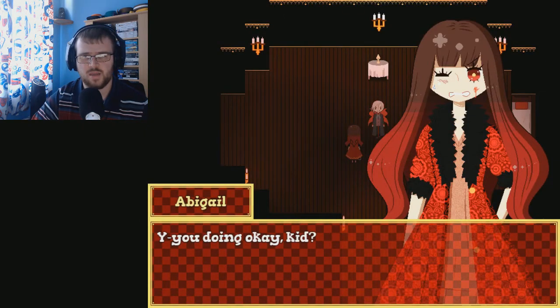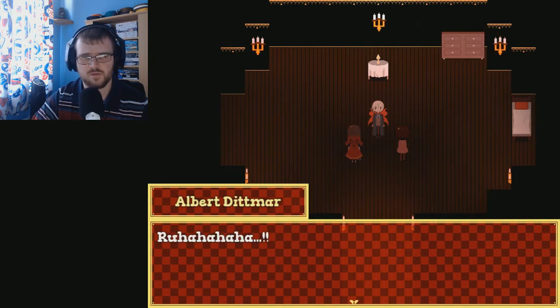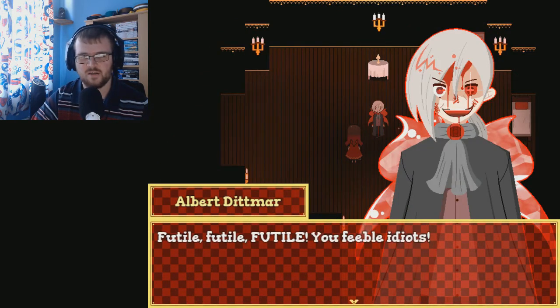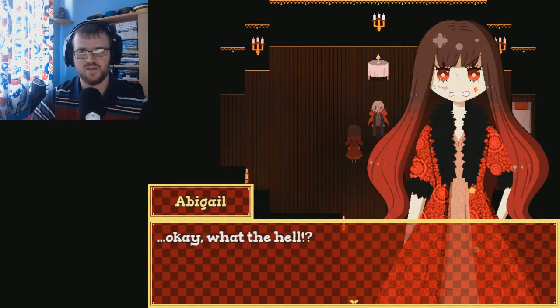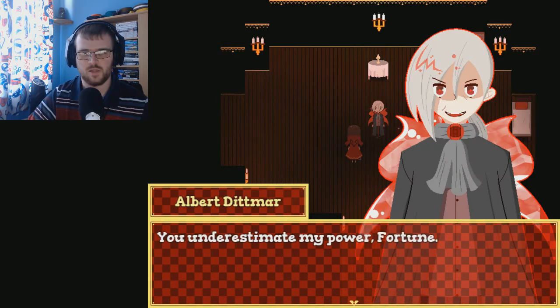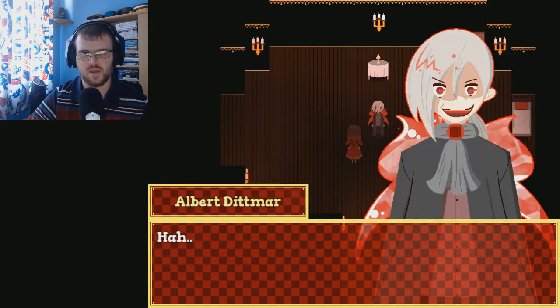You doing okay, kid? Mostly I cut my palm open, but I'm fine. Grandfather's tougher than I thought. Futile, you feeble idiots. Did you really think you could kill me? Okay, what the hell? He's practically immortal. You underestimate my power, Fortune. As long as the fairy is by my side, nothing could kill me. Time to put you to...